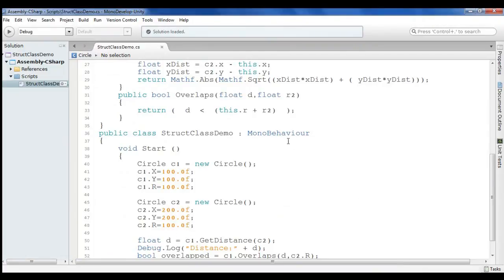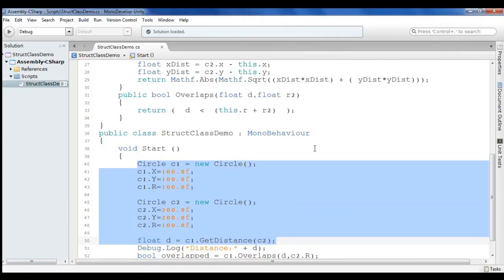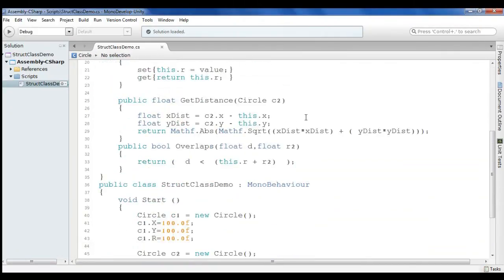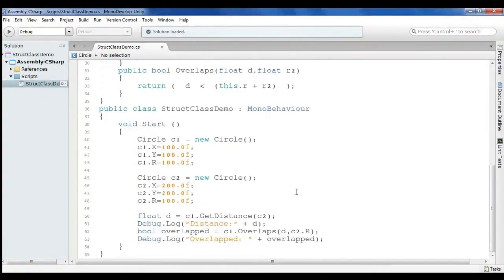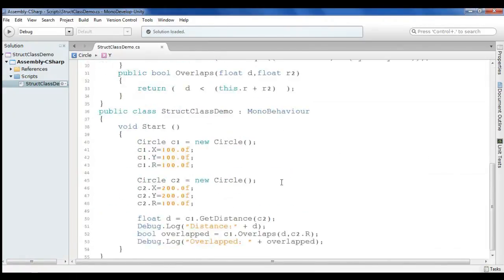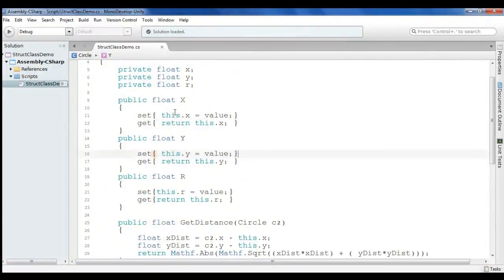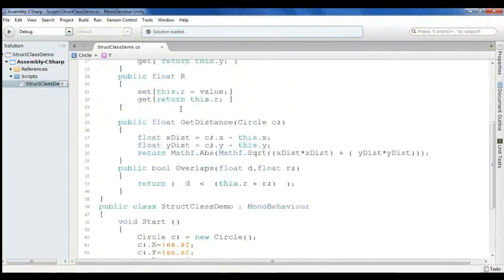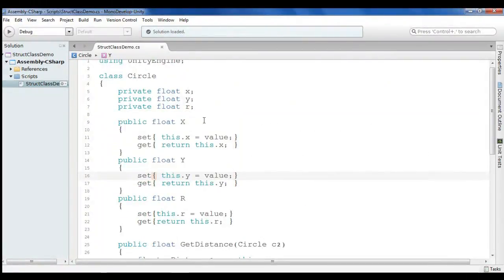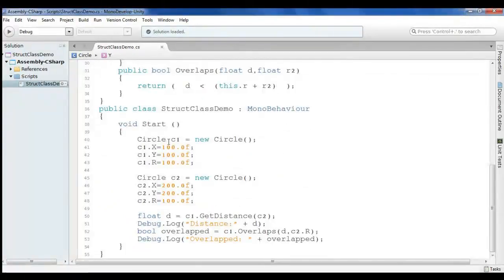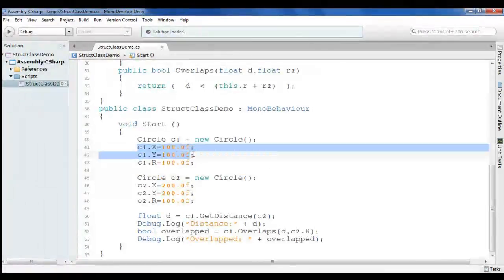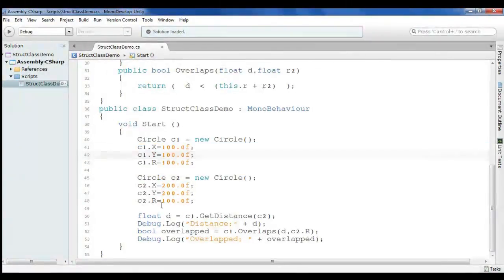The way of execution is different when you use the class and when you use the structure. You need to see what you are passing, what you are getting. I have explained what will be passed, what you will get back. And you can see that I have not created the constructors in this class. It is not necessary that you have to put everything. It depends according to your requirement. Here I wanted to create two empty circles, then later fill them. I wanted to fill the x, y and radius. This is how I did.